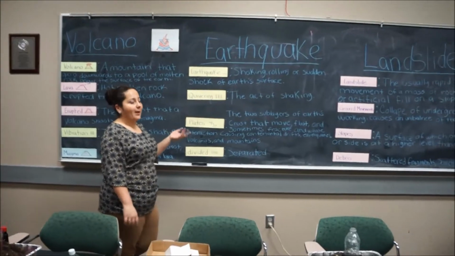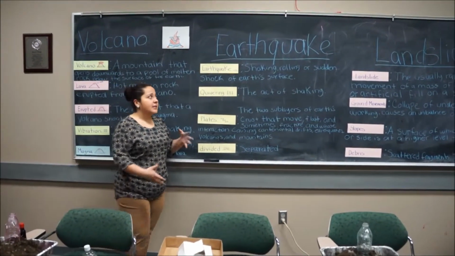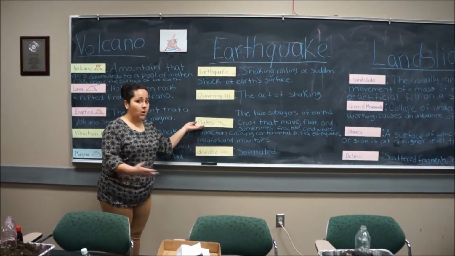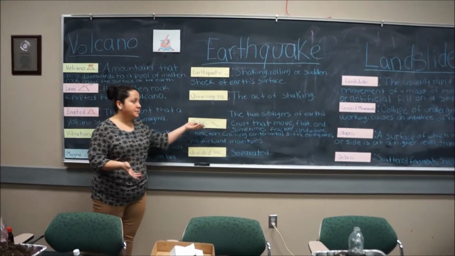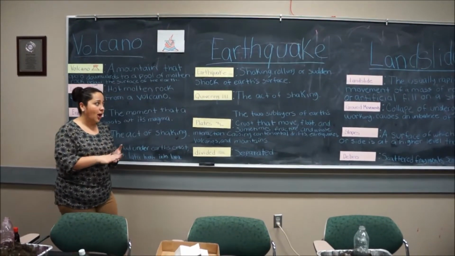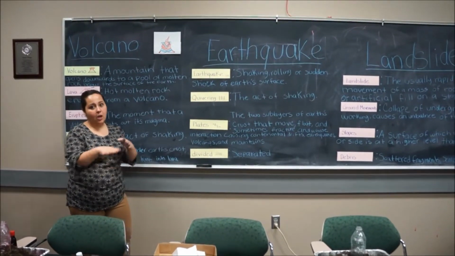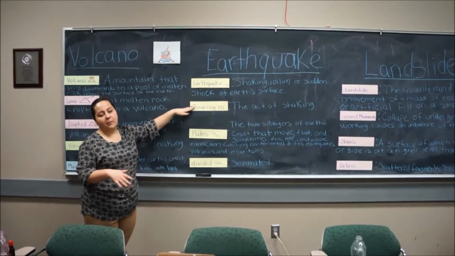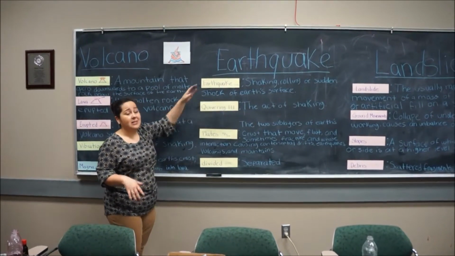Now let's look at an earthquake. Who knows what an earthquake is? An earthquake is caused because of shaking. Very good. To be specific, an earthquake is actually caused because of the tectonic plates. Now, does anybody know what a tectonic plate is? Tectonic plates are at the crust, and they're caused by whenever they move or float, their interaction causes itself to shift. What happens is that it causes a quivering reaction. Once they divide, they cause a quivering reaction, and it causes an earthquake.